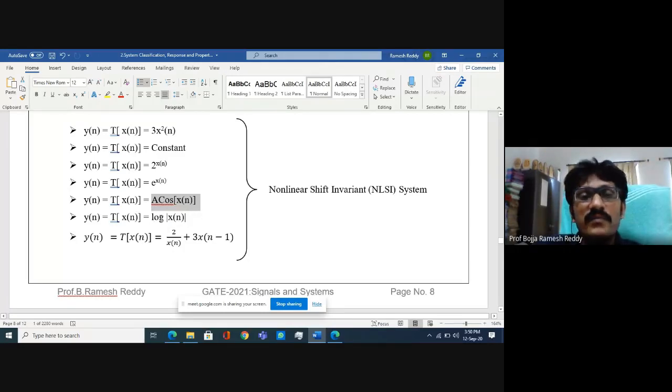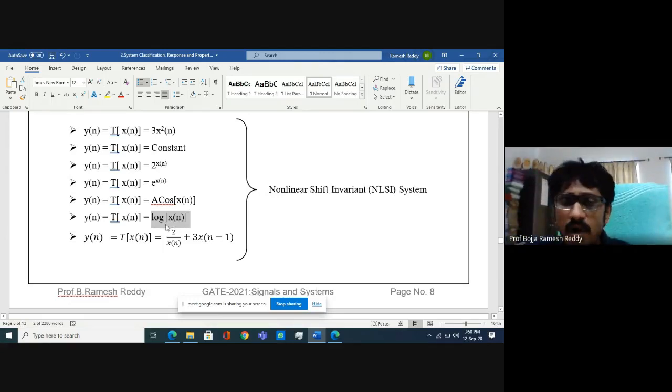Log of x of n means log of (a plus b) is not equal to log a plus log b. That's why all logarithmic functions, trigonometric and sinusoidal signals, exponential signals, constant signals, square signals, cube signals, root signals, all these systems or signals come under